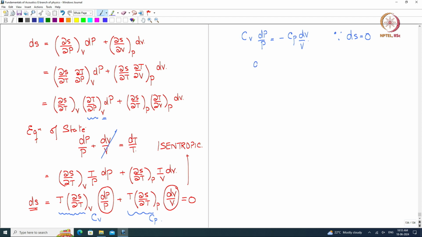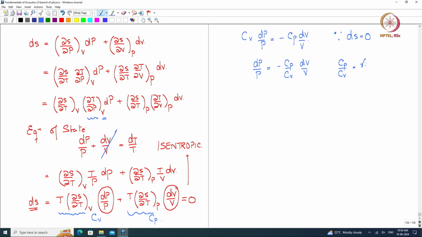Then I have dP by P is equal to minus Cp by Cv dV by V. Okay, and we know that Cp by Cv